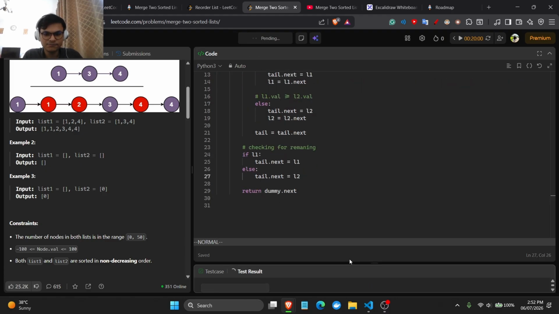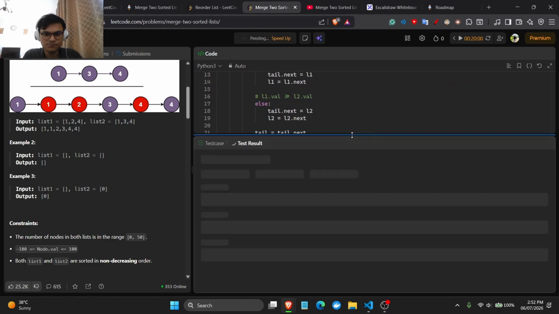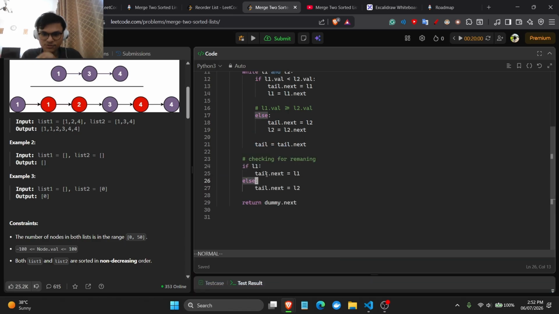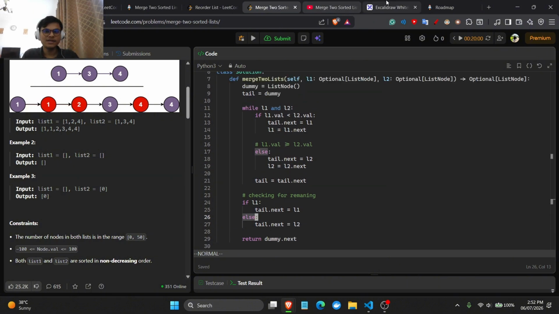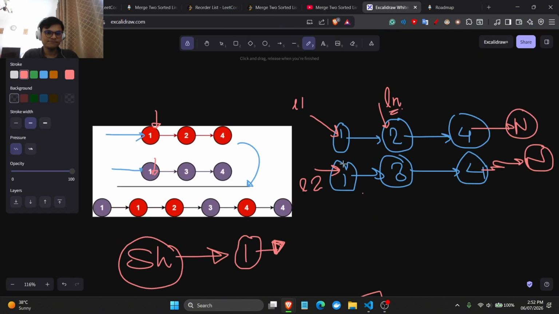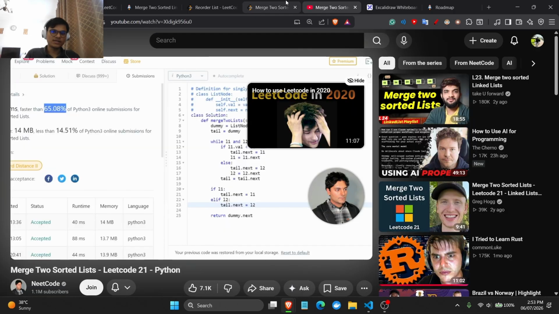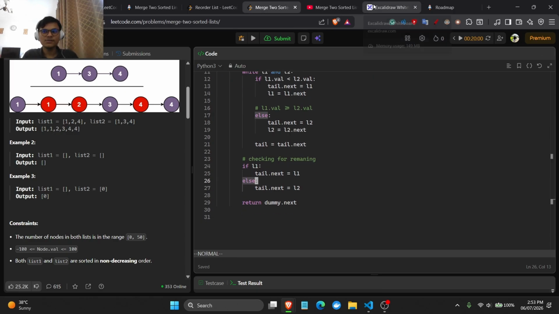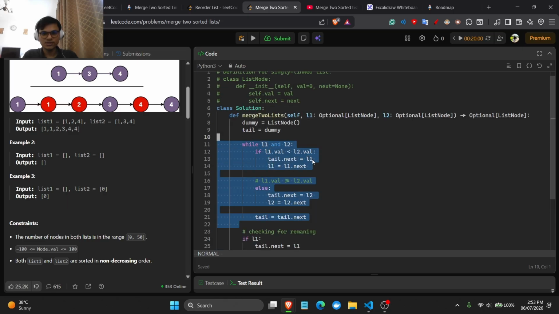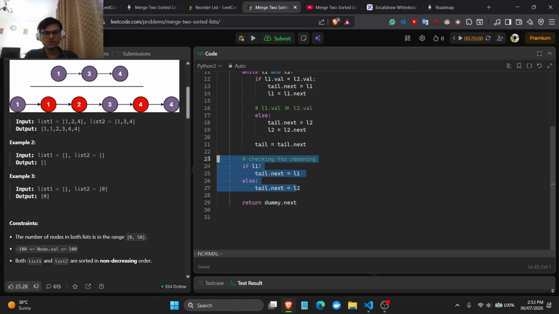Right? Because either if L1 is not none, meaning L1, by the end of this we'll be incrementing them one by one. So it will stop. After this loop runs, we can have either of two conditions: either L1 has reached the end or L2 has reached the end. If both of them have reached the end, then this will not actually